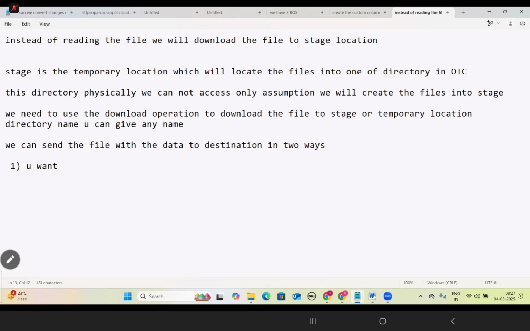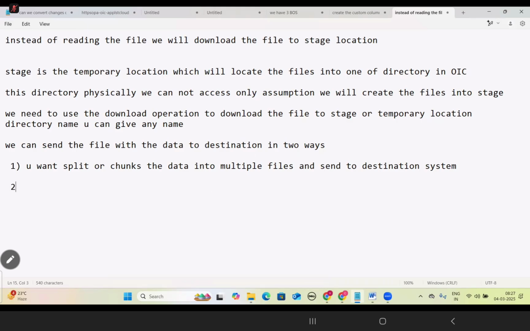Since this is a large file, one way is to split or chunk the data into multiple files and send to the destination system.